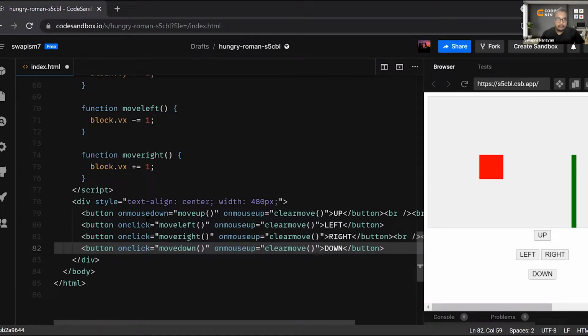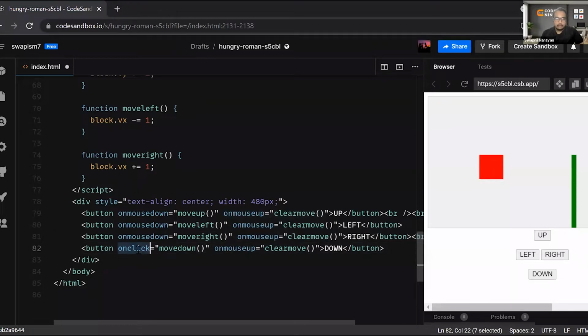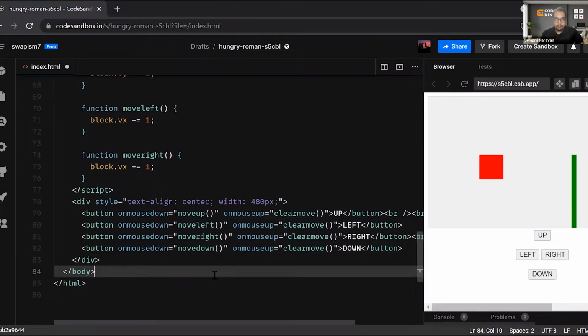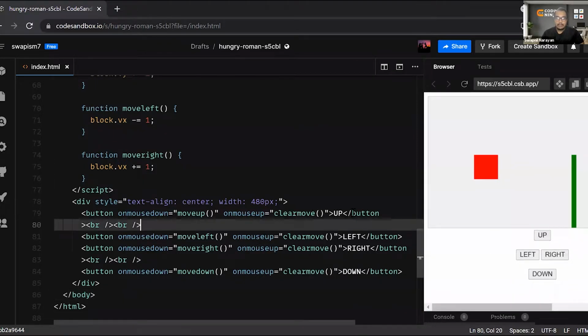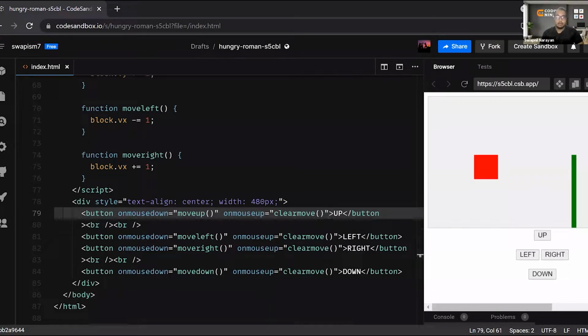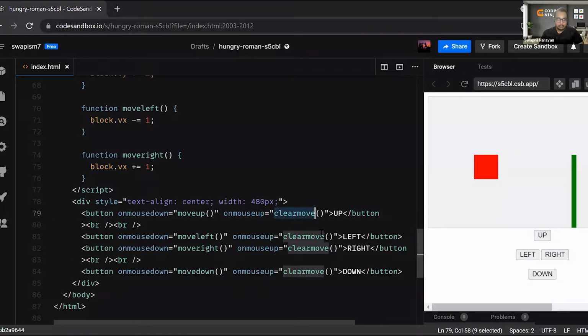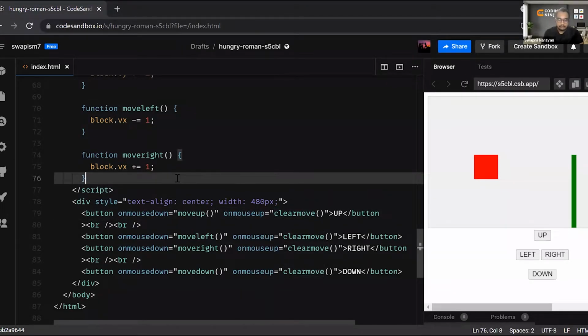And over here, I will just change this on click to on mouse down. So you can see it is still not applied. Why? Because I need to add on touch start as well. And also this clear move function is not defined. So let me first define this clear move function.